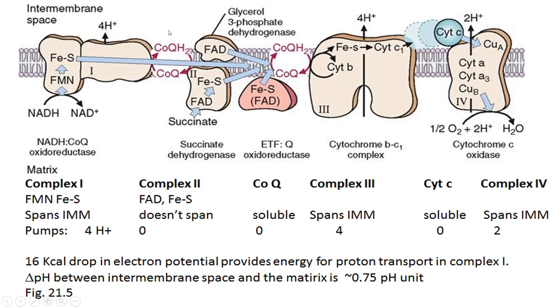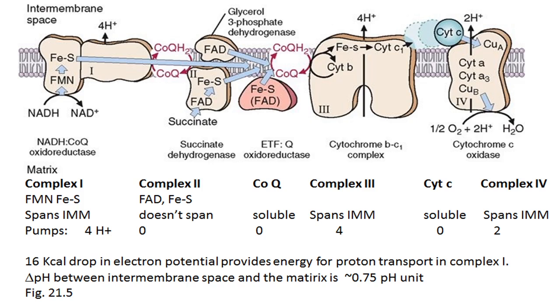The electrons from FADH2, produced by reactions such as the oxidation of succinate to fumarate, enter the electron transport chain at complex 2. Complex 2 contains succinate dehydrogenase and transfers the electron to coenzyme Q without associated proton pumping